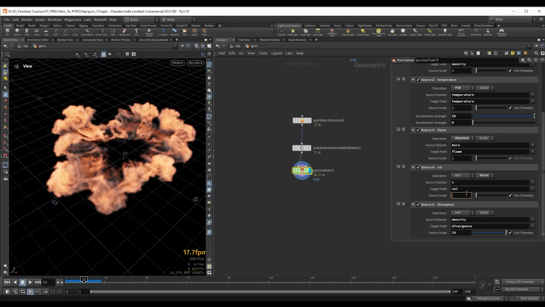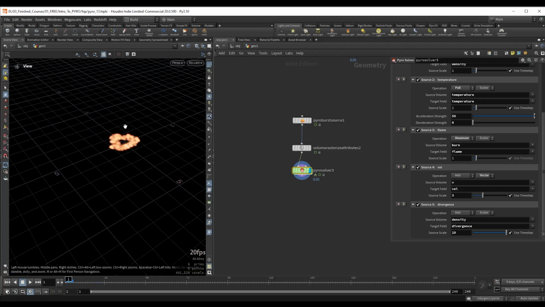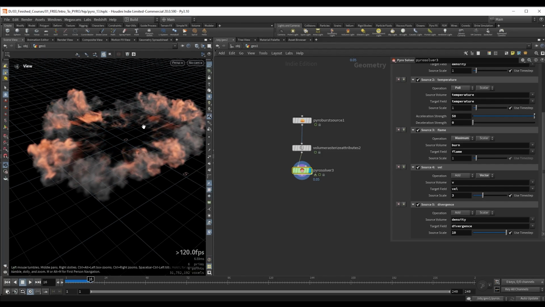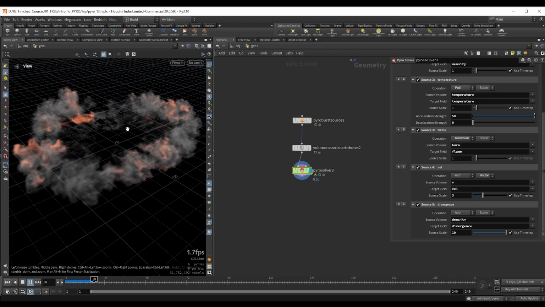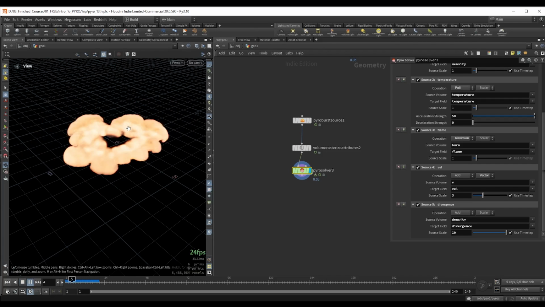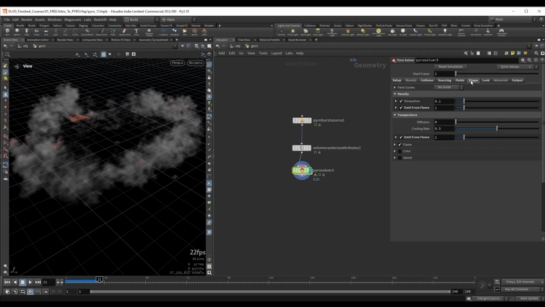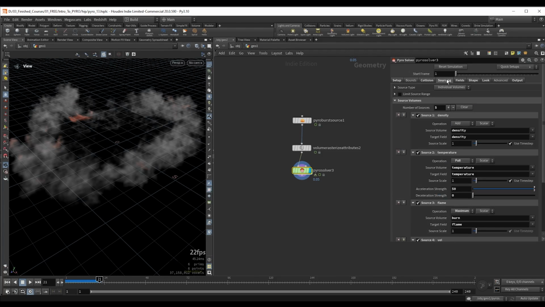So let's maybe set this to a value of 3, and now our fire will get pushed out a lot further. So in this case, for a shockwave, this might be a better look. So we can see now the different results. Now we know what all of the different microsolvers do and what the sourcing does and the types of operations that we have,